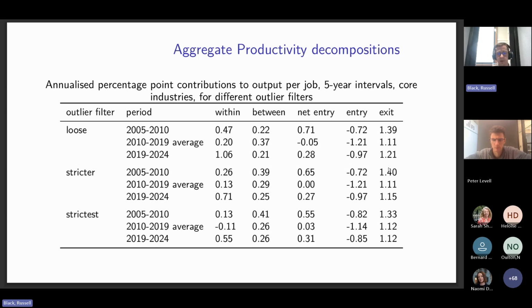This changes depending upon how you put the table together. So if you change the outlier filter strength by small degrees, you can still actually have quite a large impact on the results. So between 1% within firm growth, 2019 to 24, to 0.5% within firm growth. That's quite a large difference. The within firm growth is being driven by quite a lot of large outliers. The other components a bit less. Even so, there are still some large outliers in the entrance side as well, and the exit side.